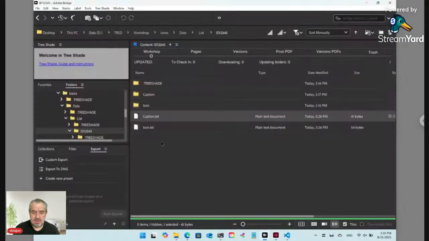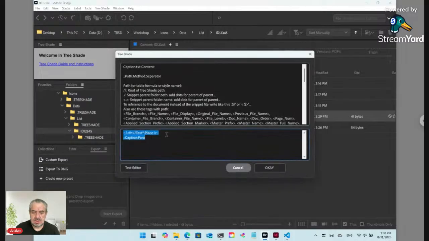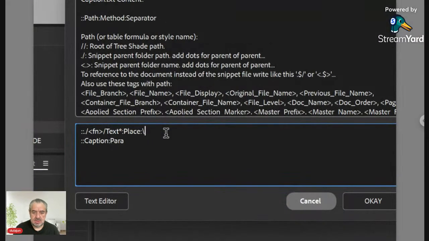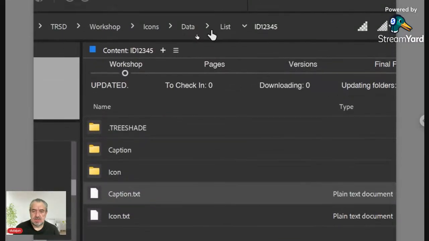Why? Because I think I added the separator here inside the caption. It's not supposed to be here,